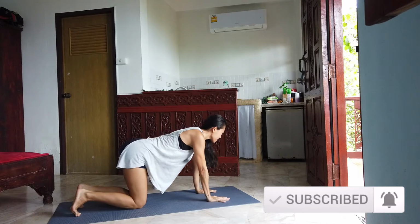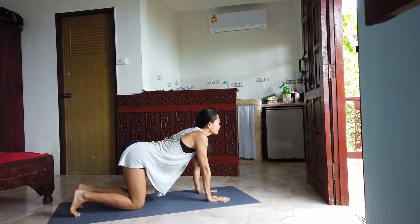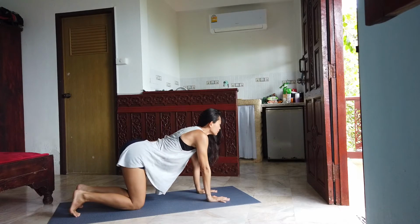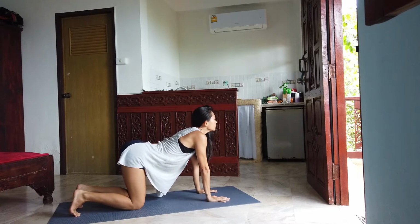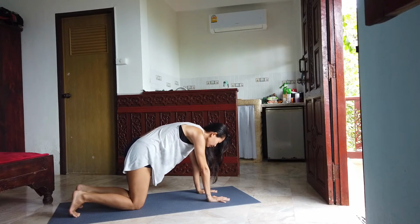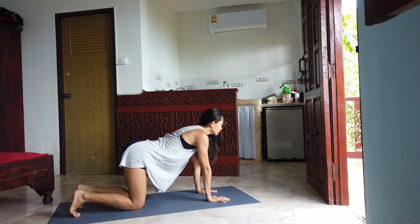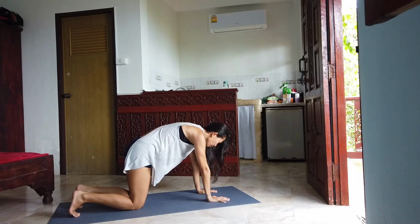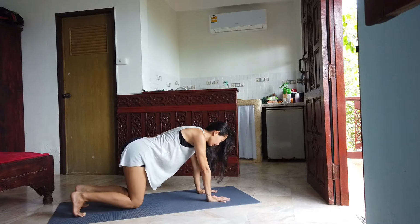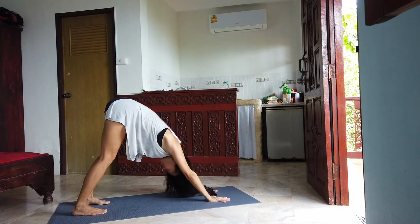Let's start today's practice in the cat-cow positions. Now let's start by exhaling the air, curling up the spine. Inhale, dropping the belly. Exhale, curl the spine. Inhale, dropping the belly. One more time. Exhale, curl the spine. And inhale, come back to the neutral positions and slowly push yourself back up to a